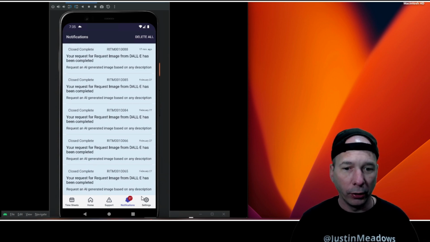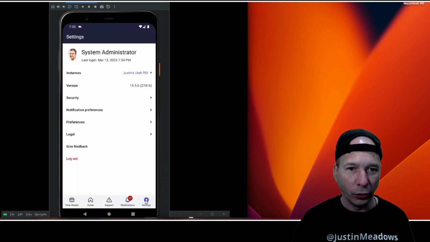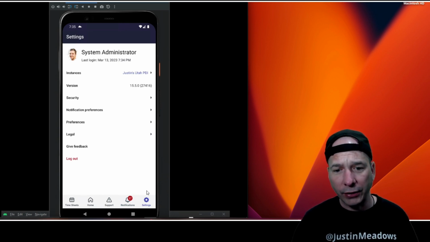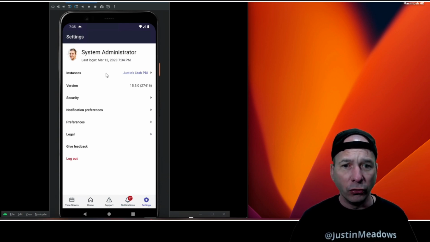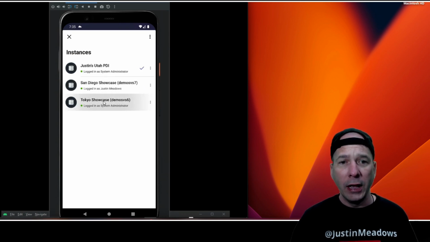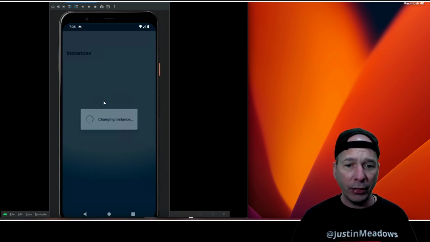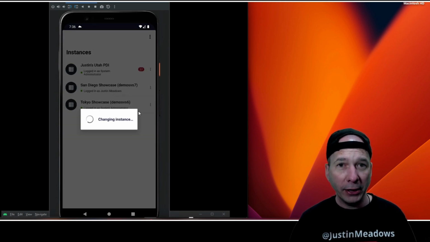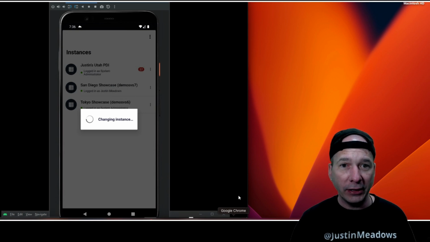And actually DALL-E is one of the things we're going to use to test our cross-instance notifications. And there's my settings menu. So that worked. Now I'm switching back and forth between instances. Let's go back to Tokyo here, and I'm going to have that up, and then I'm going to move into my development instance in my browser, and we're going to make a request and see if I get the notification